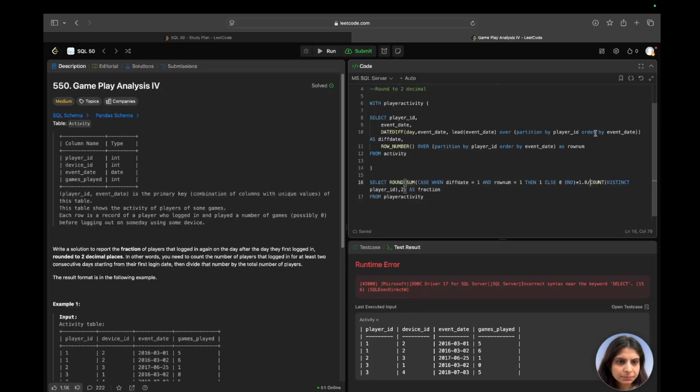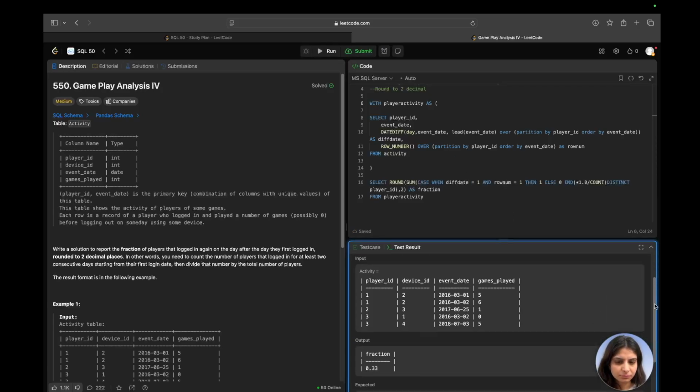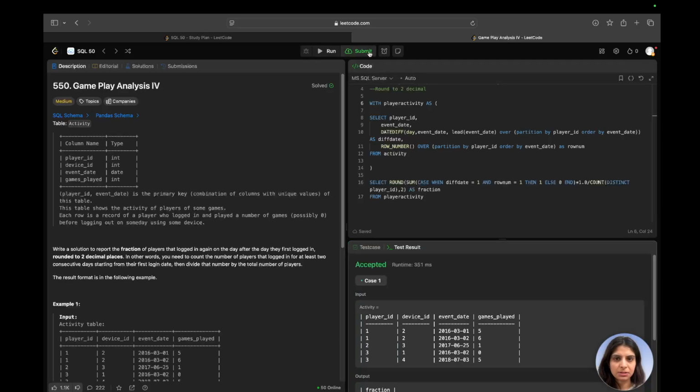Player ID. And row number, and this looks good. The difference, else, and count distinct player ID. Well, okay, I missed as, and yep, it's good to go. I'll submit this,